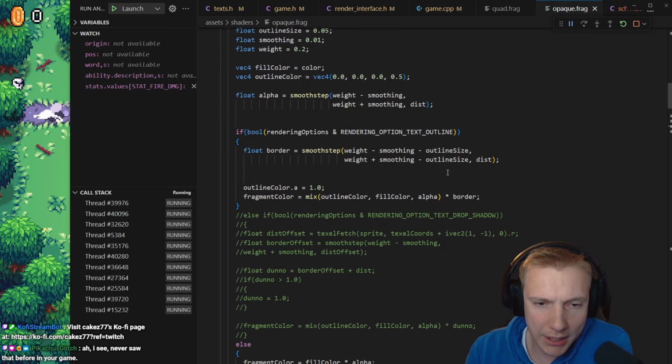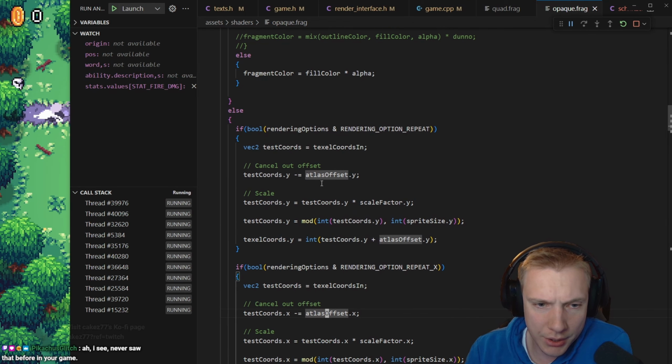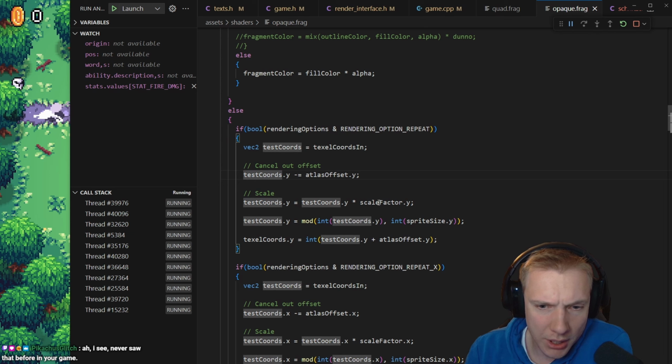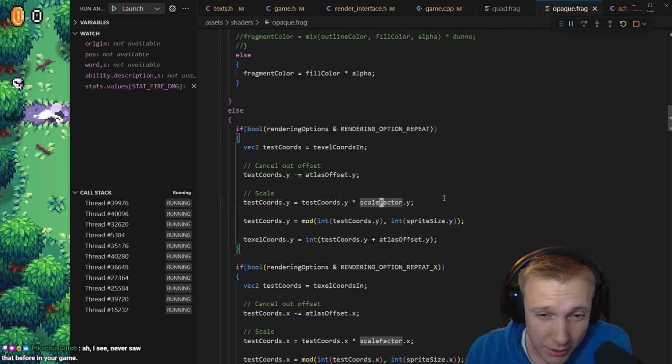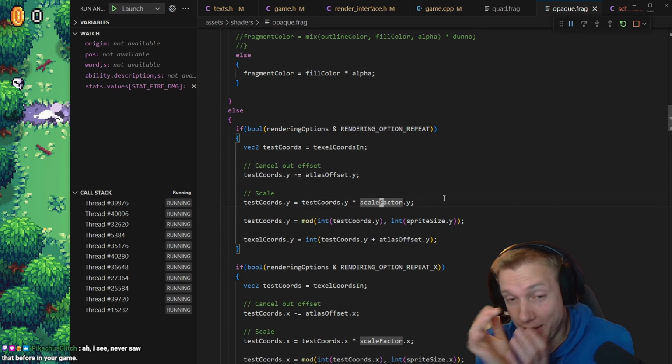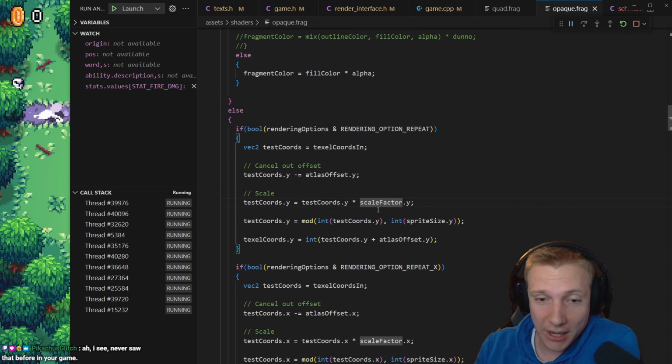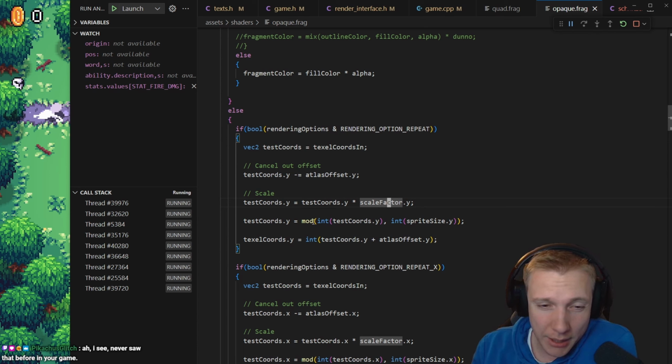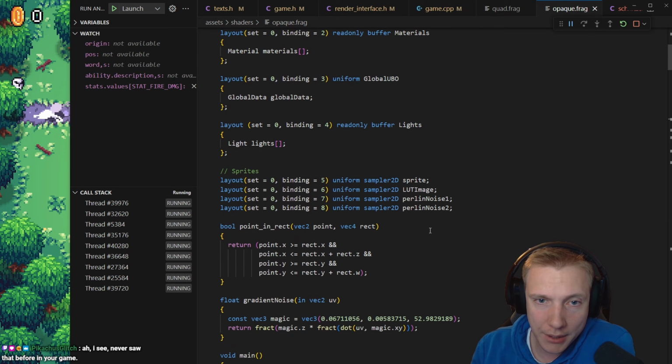Okay, so we need that atlas offset in the texture coordinates. Cancel out the y offset. Texture coordinates. And then the scale factor. I wonder what that means. If we scale something? Oh god, what is that? That was so bad. Oh, the scale factor is probably like the game that I had. That was so bad back then. And then I modulo the texture coordinates by the sprite size. And the sprite size is something I supply